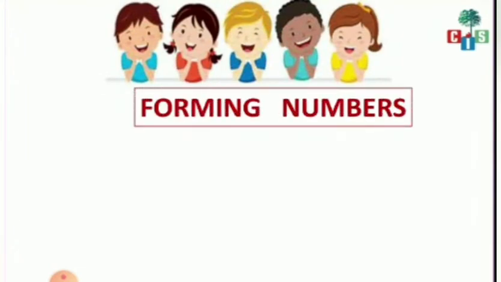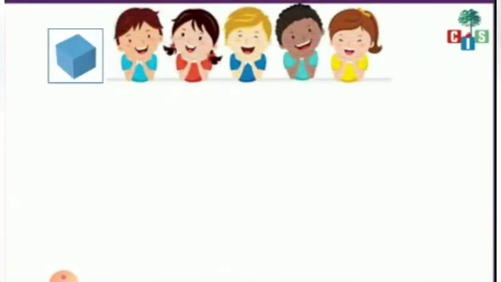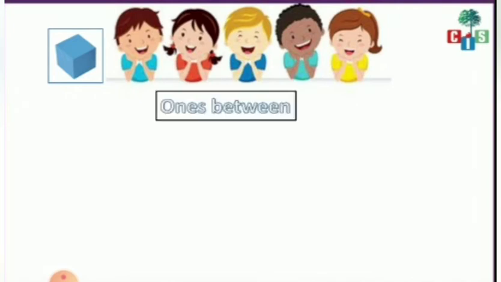We were doing forming numbers, page number 62. If you remember, in the last two sessions, we have completed hundreds and tens, right? Today, we are going to start. What is this? Can you see this block? This block is of ones, right? So today we are going to start with ones. So let's find ones between